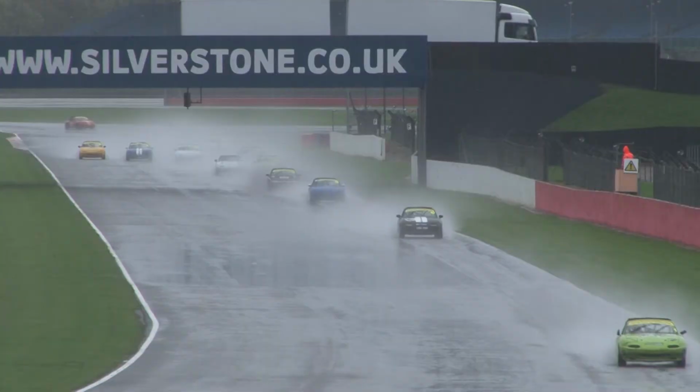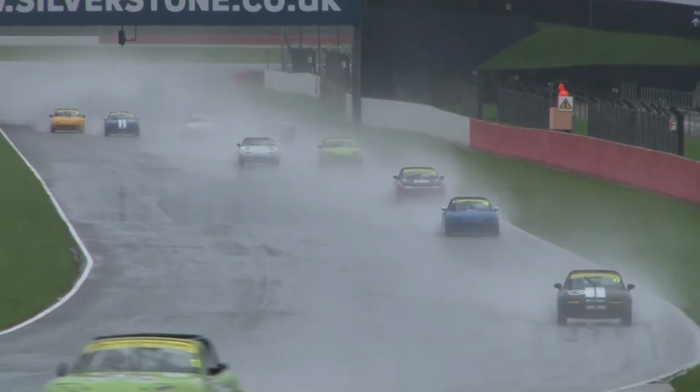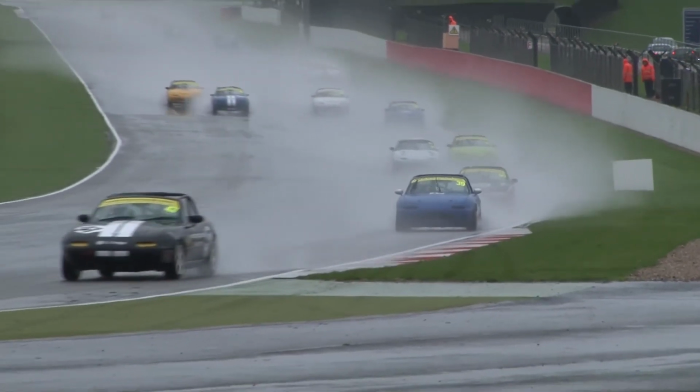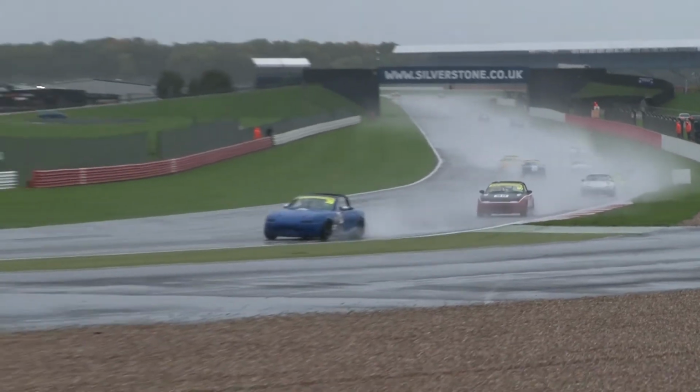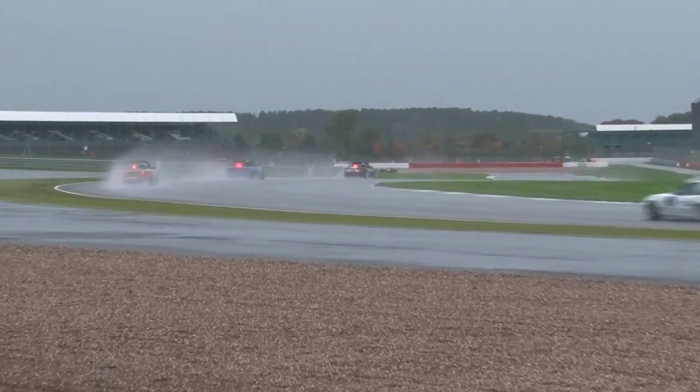Now, is Rogers going to give him any space on the exit of the corner? These two young guns getting it on as they go down the hangar straight. Truck crossing the bridge there, but we see Brett Smith is well and truly ahead of Alan Henderson now. There's Brett Smith in the blue number 39 car ahead of the number 90 black, white and red Henderson car, as they both go through